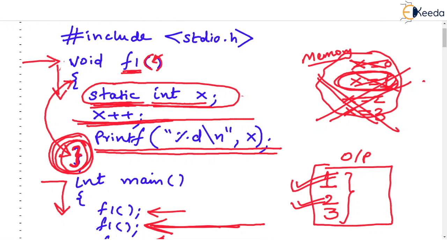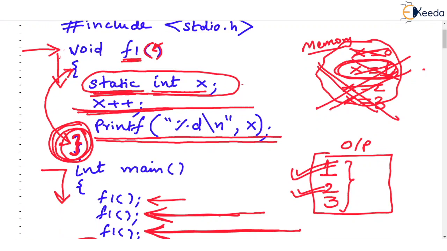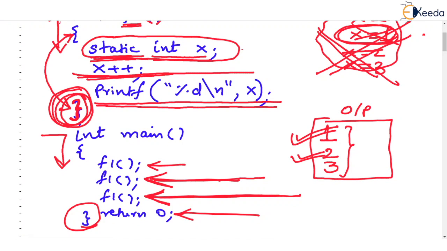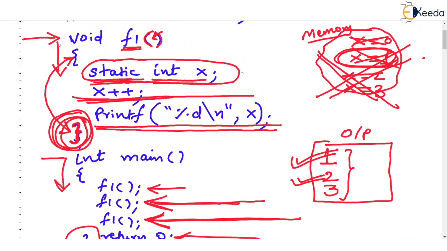All right. So now what do students feel after learning all this? What students say is, okay, it seems that static int x, this line declares x, which will never die from the memory, and it will stay in the memory for the entire program. Check my words. x will stay in the memory, it will not get deleted, and it stays in the memory for the entire program. Then students start thinking that this looks like a global variable. Even global variables were not deleted till the program was running.